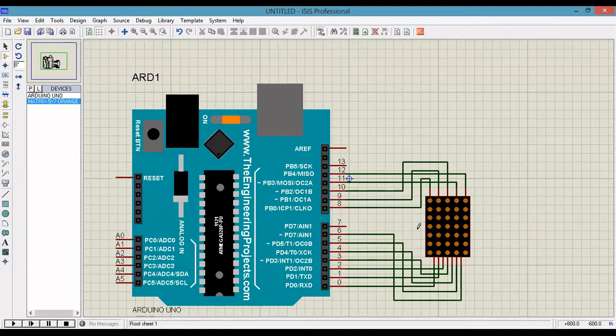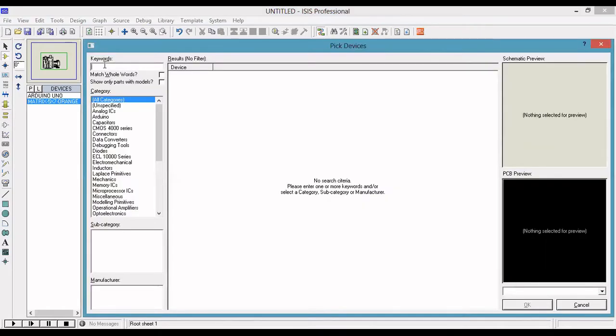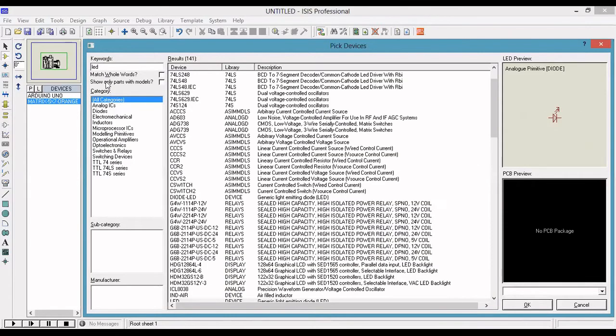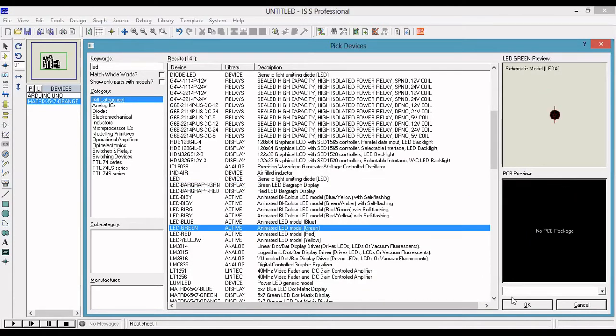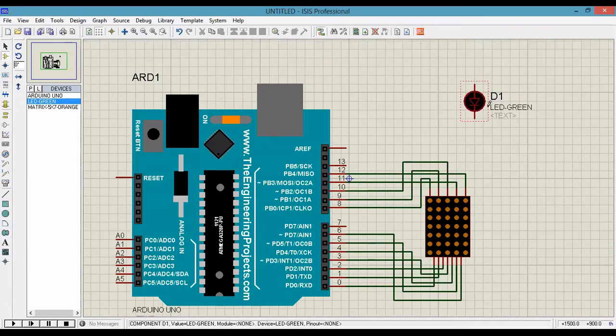So there are 2 types of LED connection. One is called common anode, another one is called common cathode. So now I am going to select an LED so that I can explain about the common anode and common cathode. This is called an LED. So this terminal is called an anode and this terminal is called a cathode. So now in all the columns anode is connected and in all the rows cathode is connected.